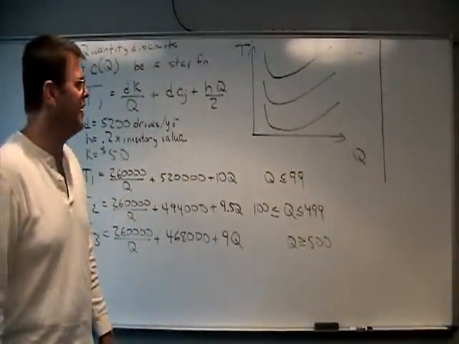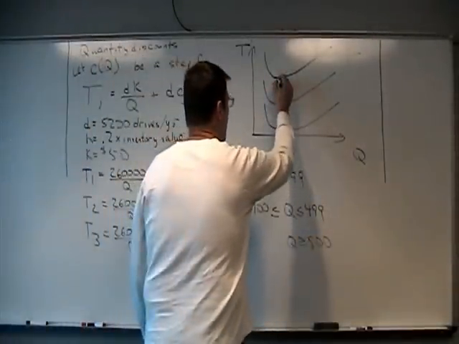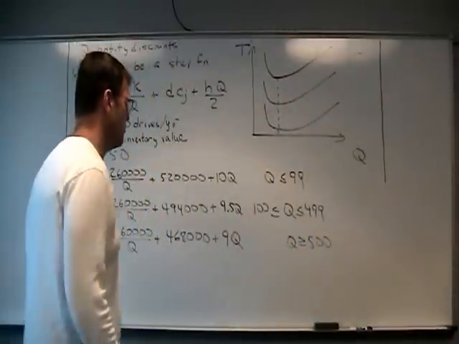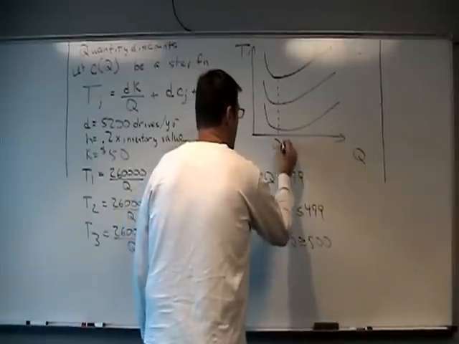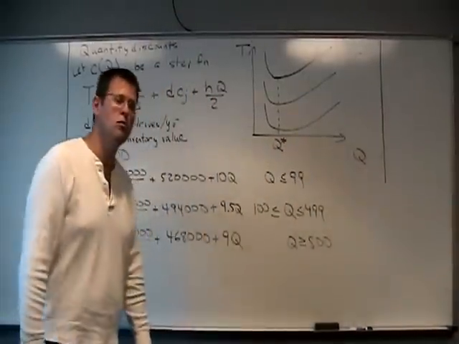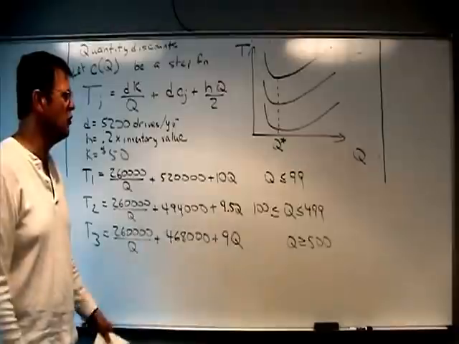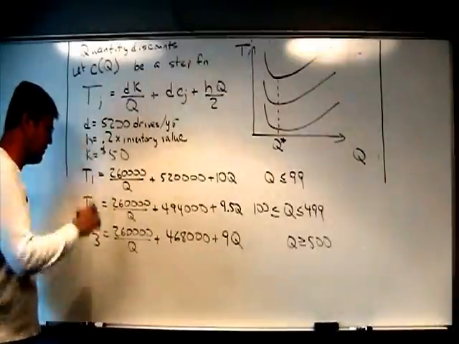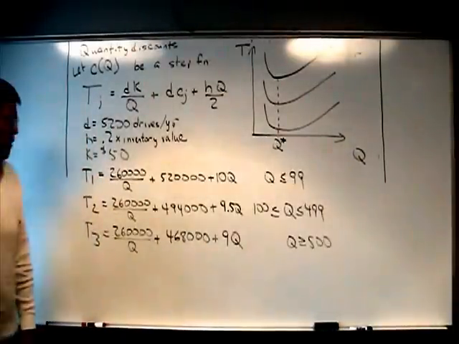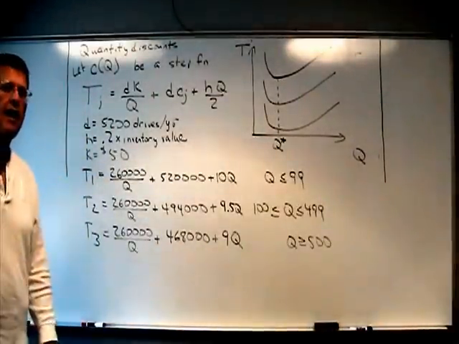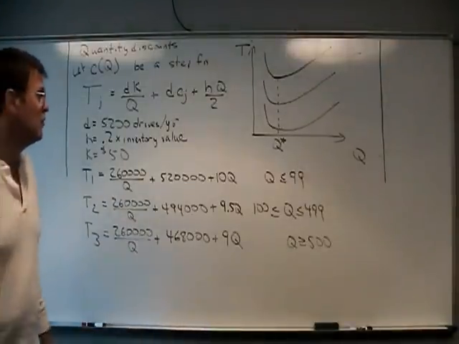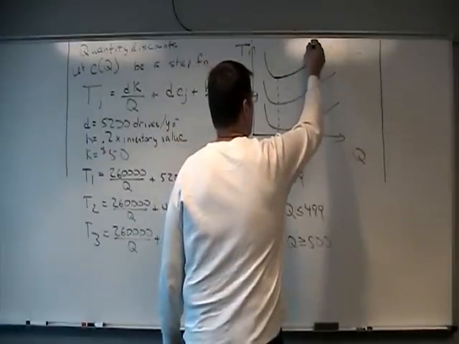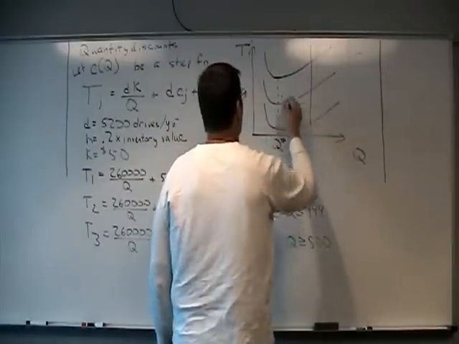So based on what we're seeing here in this graph, it appears that the optimal value is right there. That's going to be Q star. But we don't know which interval Q star falls in. So we're going to have to take the derivative in each case, set T sub j equal to 0, and solve for Q. And then essentially, let's say that the splits are there